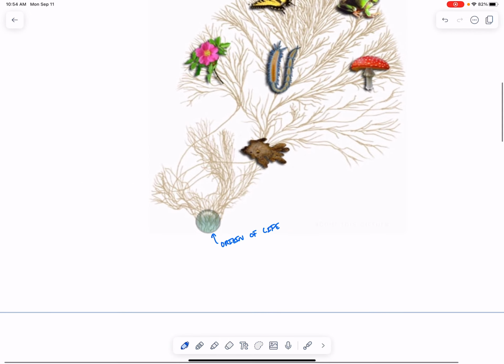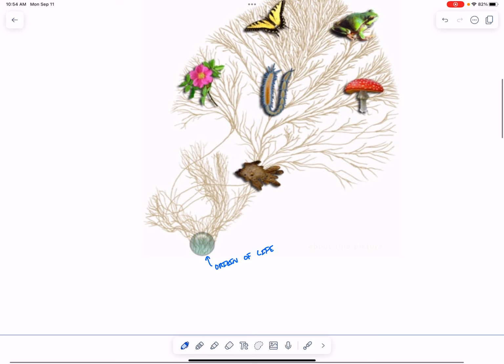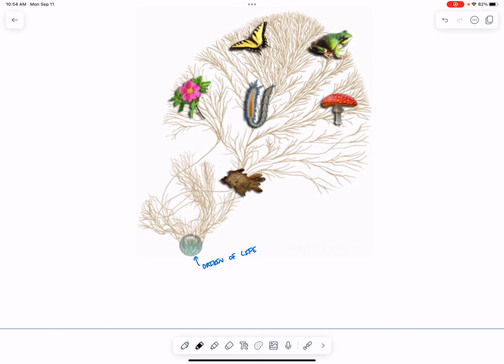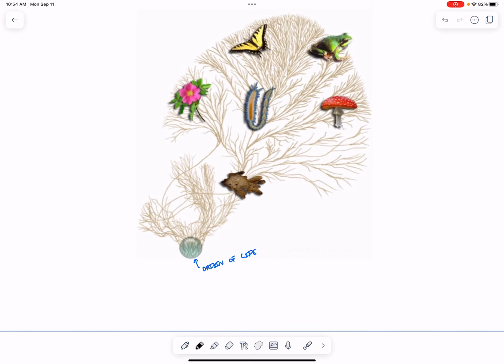And out of our origin of life, we see all other living things emerge. All these lines represent species and their branch points. Now, we have two broad groups within our tree here. One broad group is called,